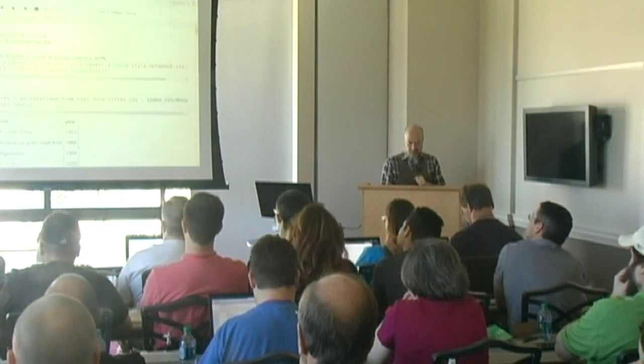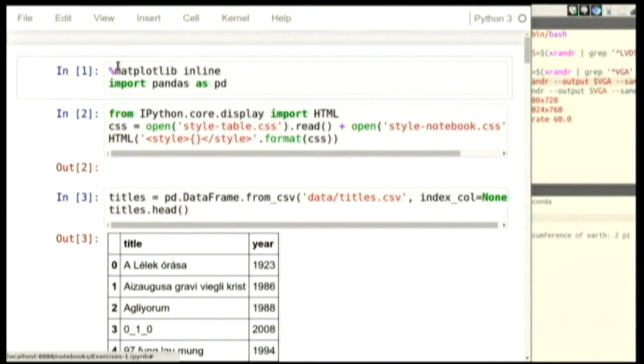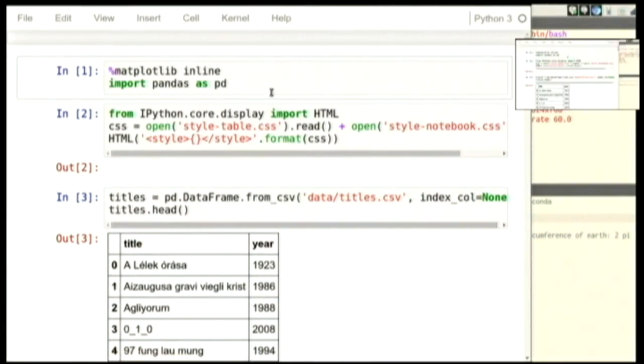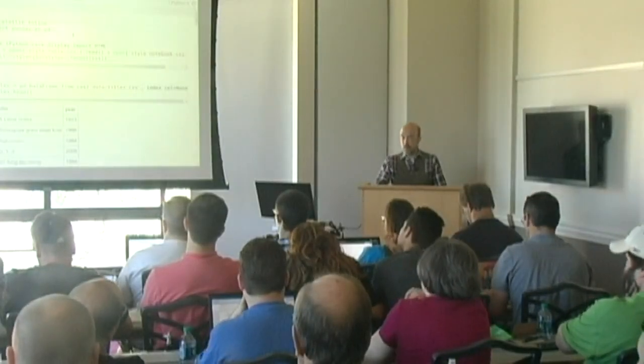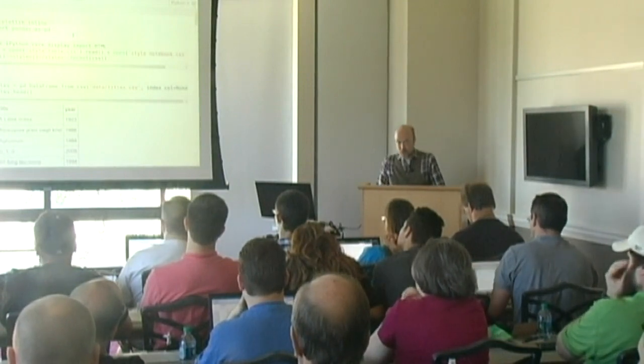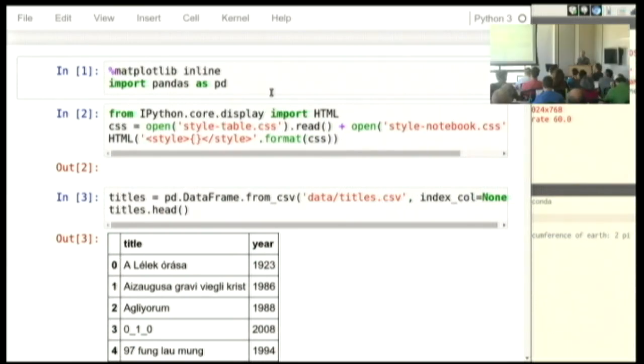I wish there were a way I could have a config file in my home directory that would just always have the header and toolbar turned off when I brought up a notebook, because I spend an unreasonable number of seconds per year pulling down those two menus. And so if anyone from Continuum Analytics is watching this later, I guess I should create an issue in GitHub rather than talking to you on a video. So I guess I'll do that. Oh, they have those now? Everyone, thank you, you can now use IPython profiles to do that. They didn't exist the last time I looked a year ago. So I will try one during the break.